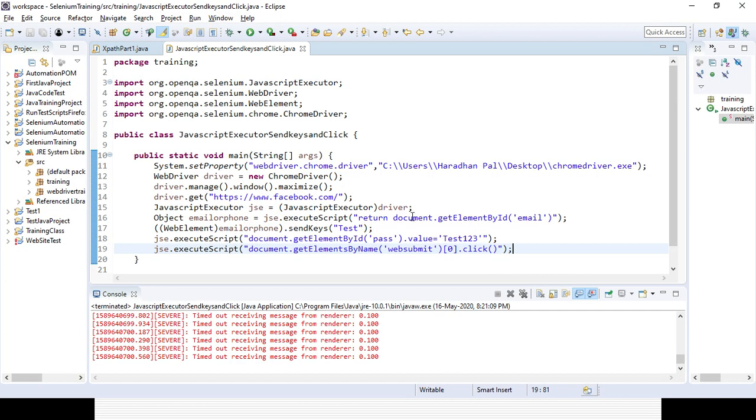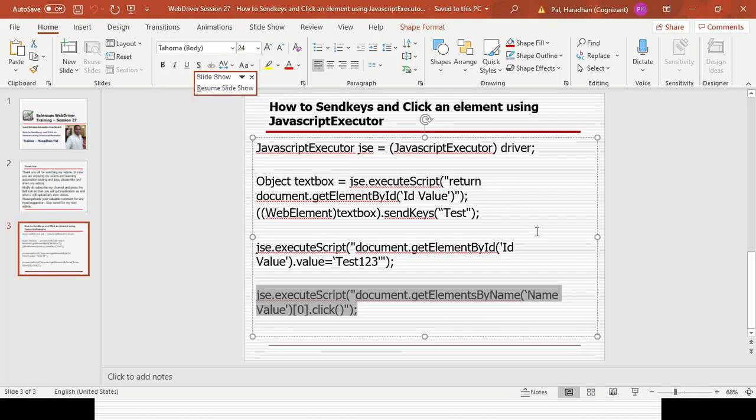So you can use two different things, getElementById or getElementsByName. In case you are using name, you need to provide the name as well as the object reference. If it is a button, you can click it. In case there is a text box, either you can use sendKeys or you can directly use the dot value, and here you are providing the reference value. So those are the three important functionalities.